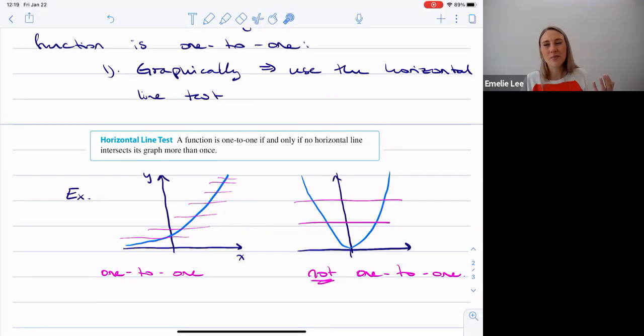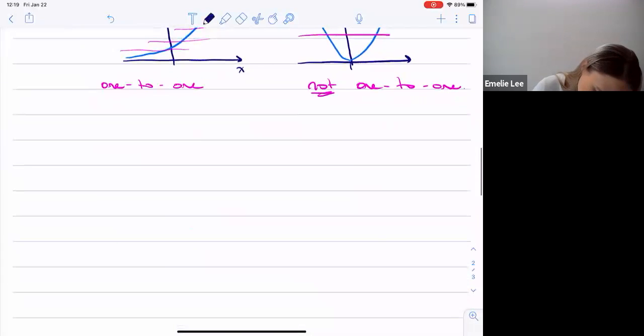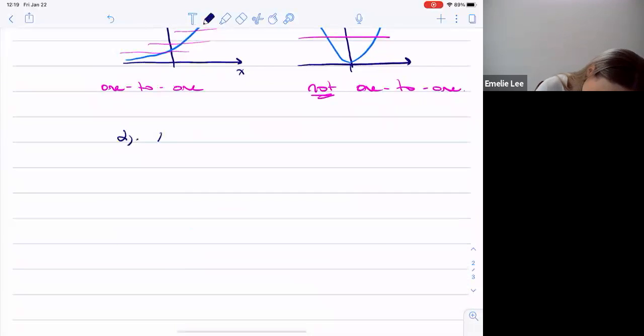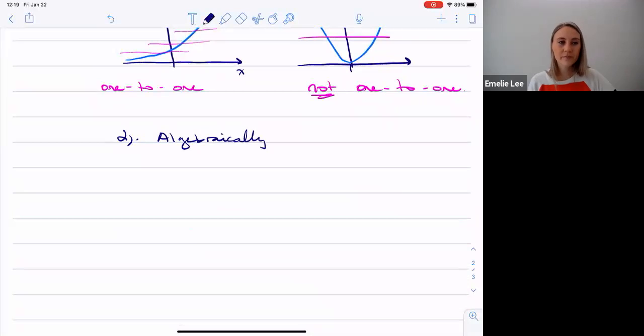There are some that are a little bit harder. So sometimes doing it algebraically, let's call it algebraically. Mathematically, it's all math, so algebraically sounds better. But algebra is just addition, subtraction, it's just math. So algebraically,